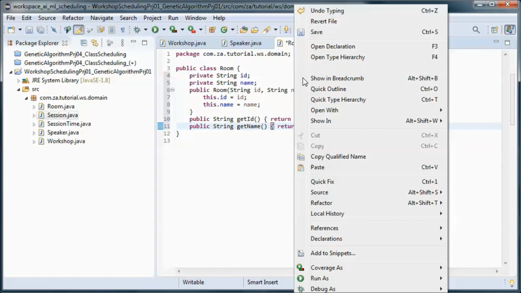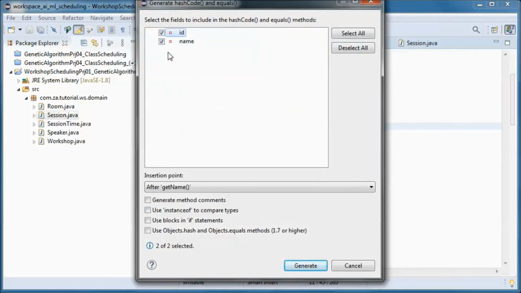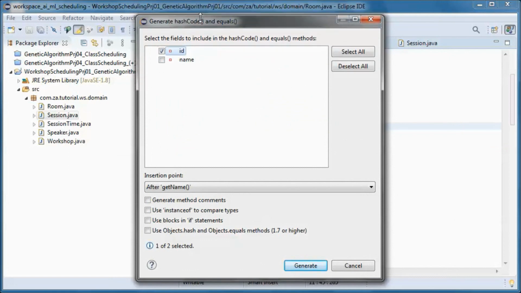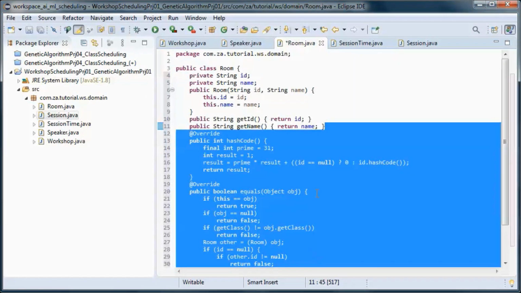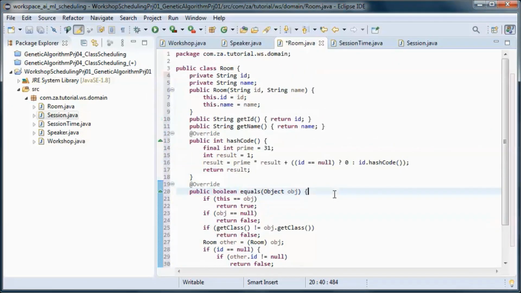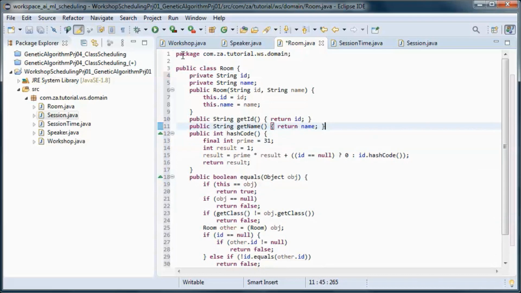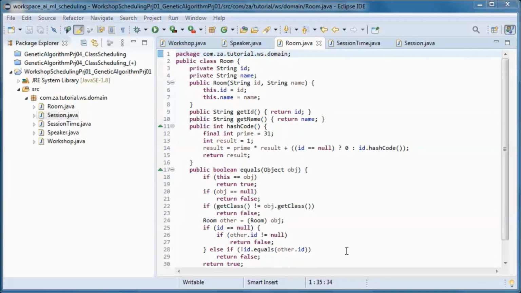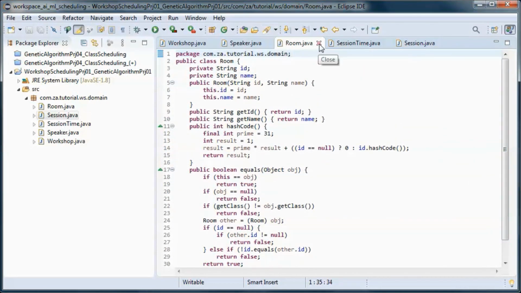And since we will need to compare a room against other rooms, we will generate hash code and equals method. We'll use just the ID for that. And this should do it for this class.